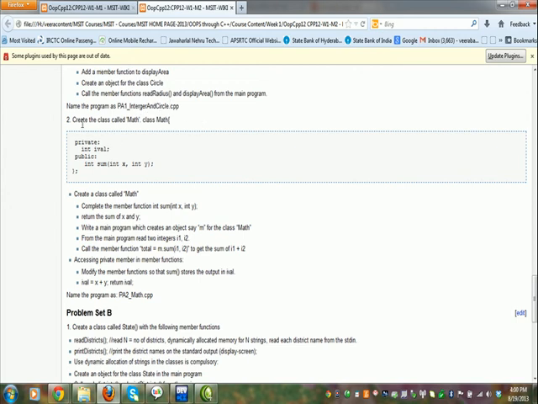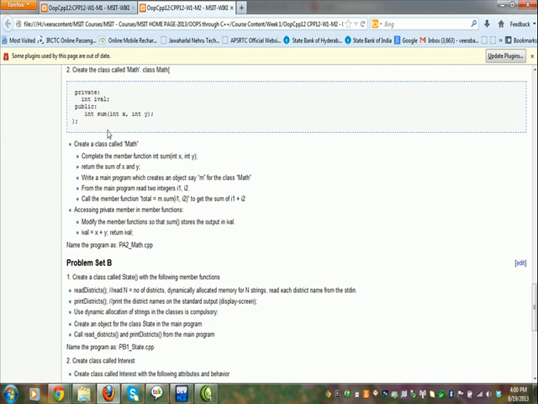Create the class called math, one more program. Here you have been given the value int I value and public int sum. It is very simple. Create a class called math, complete the member function int sum of some member values, and return the sum of x and y.